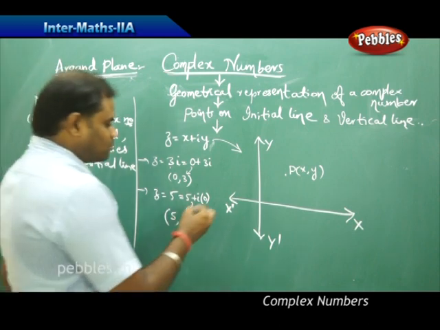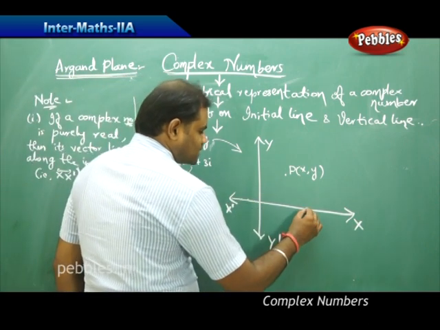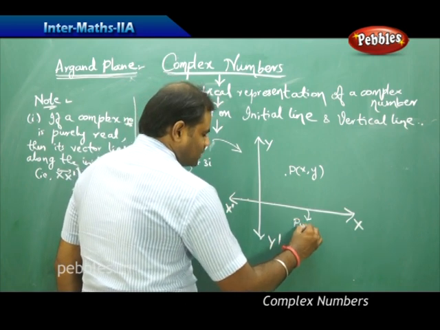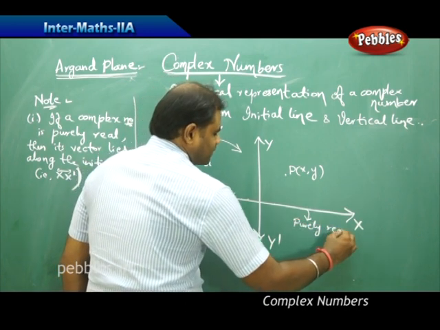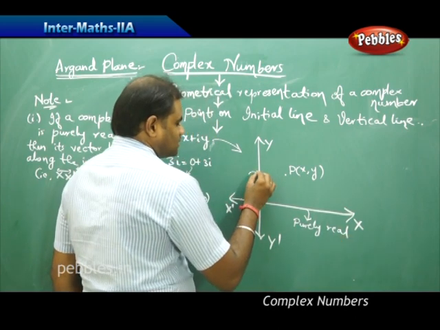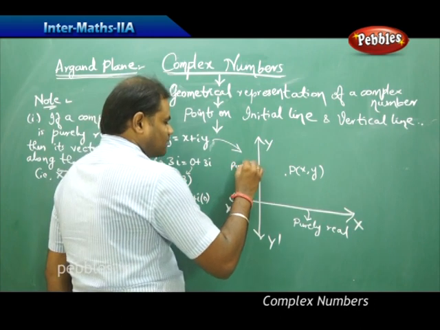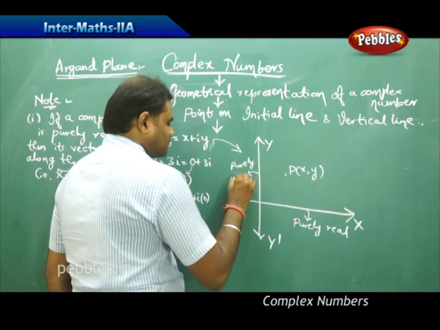That is, on this x dash, the complex numbers are purely real, and on this y dash, the complex numbers are purely imaginary,